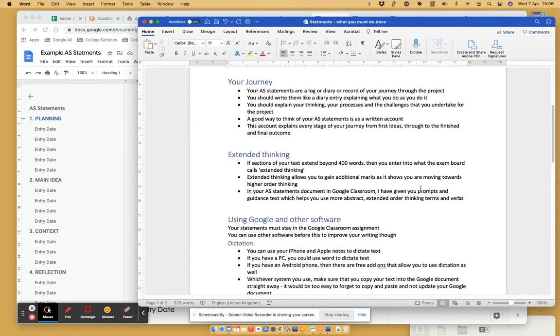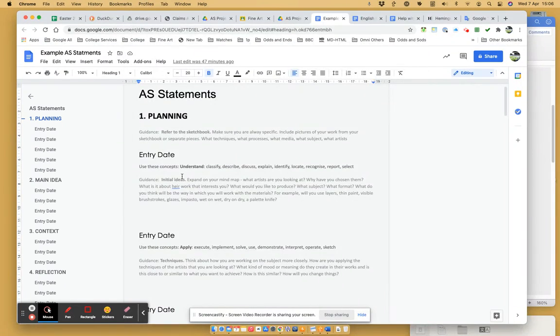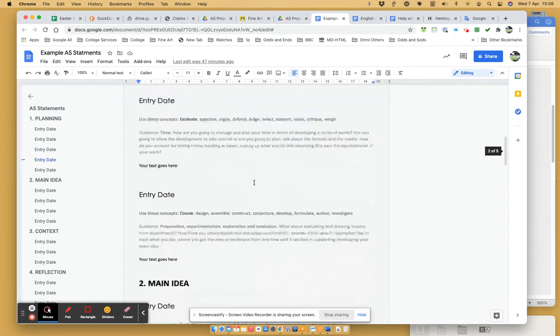Okay, what is the AS statement? It is your journey, your diary, your log, what you did at every step of the way along your project. If you want to get into extended thinking, I help you in the document shell by giving you these verbs and concepts to use, some guidance ideas all the way through for each of these entries